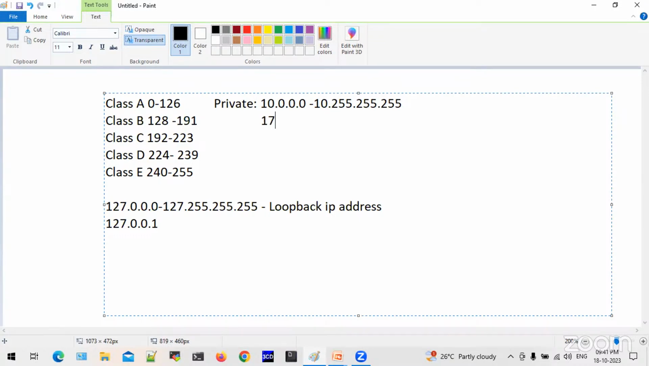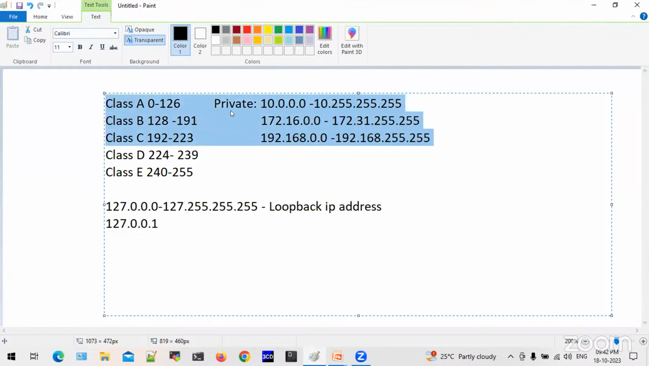That's from class A. From class B, you will get 172.16.0.0 to 172.31.255.255. And if you're looking for class C, the private IP range starts from 192.168.0.0 to 192.168.255.255. So all these 3 classes have their ranges of private, non-routable IP address segments over the